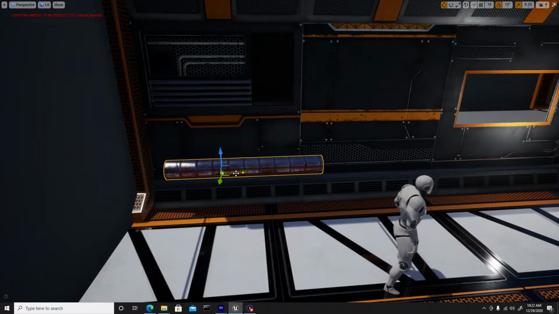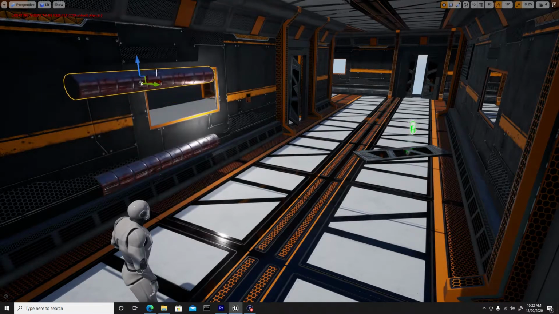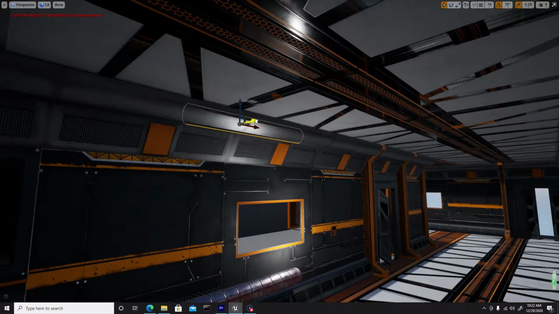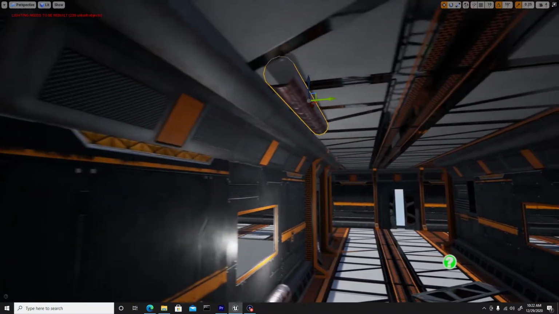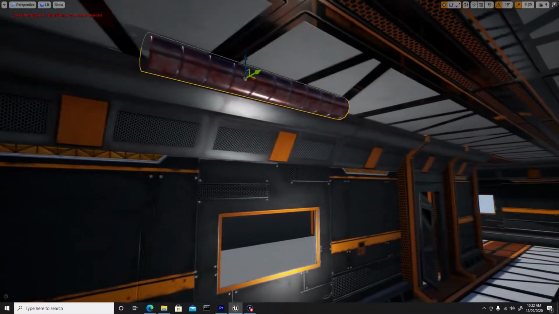I want to strategically place this around the map. And since we already have it in this view, I'll just hold Alt and drag up and kind of create a pipe coming from the ceiling. So somewhere around here looks good. It's okay if it goes through, because we just want to see a little bit of it,